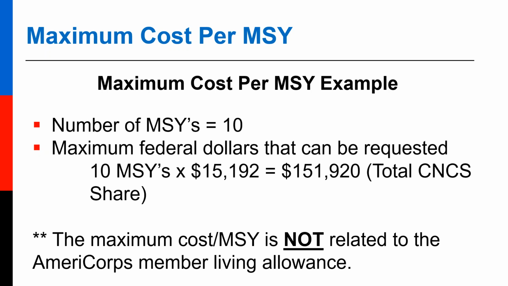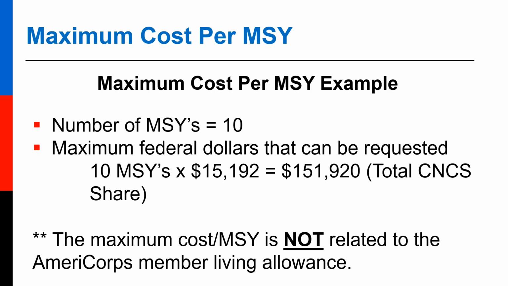So here's an example in calculating the maximum cost per MSY. Let's say you request 10 MSYs for a cost reimbursement program, and you're a new program that could really benefit from the highest cost per MSY. Again, you would take 10 times $15,192 for a total of $151,920, which is the maximum amount of money you can request from CNCS federal funds